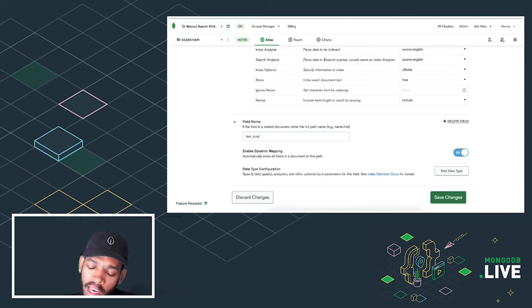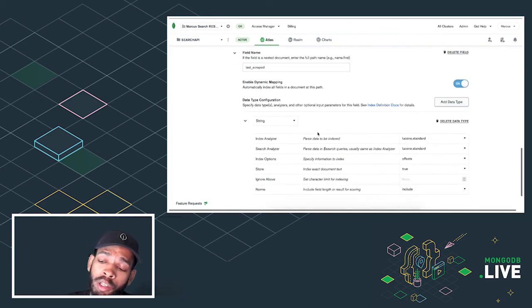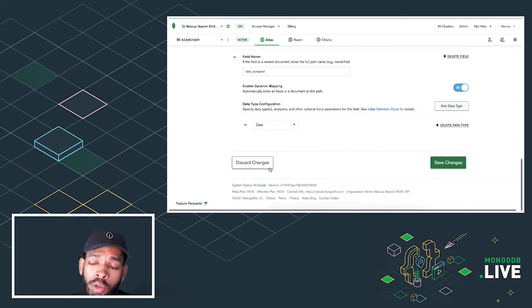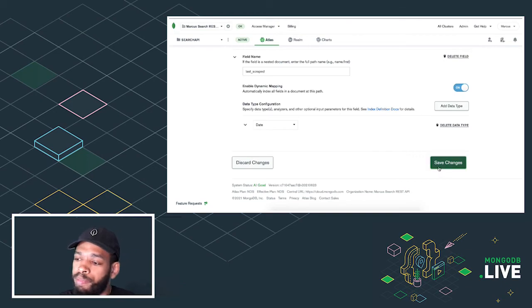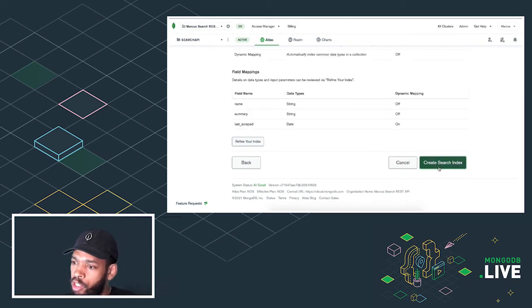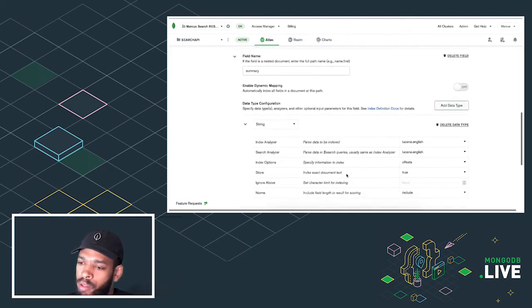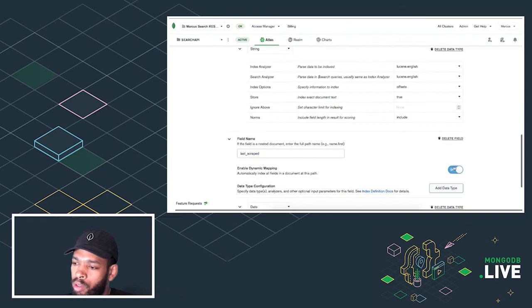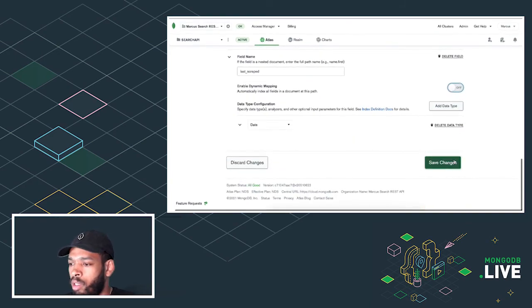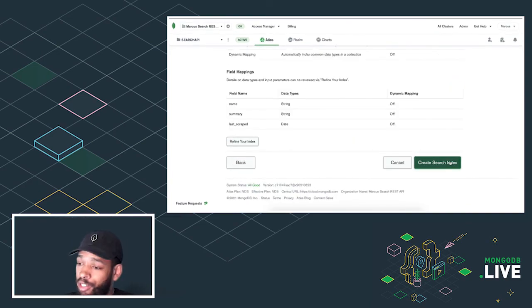Now, specifying a date data type gives you access to other query operators. Typically, the data types on the indexing side expose or unlock capabilities on the query side. With the date operator, you can influence relevance scores with the near operator. So this looks good to me. Oh, I don't want any dynamic mappings, so I'll turn this off.